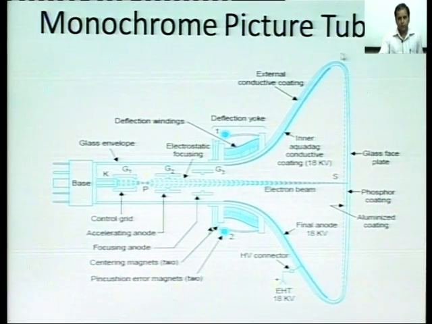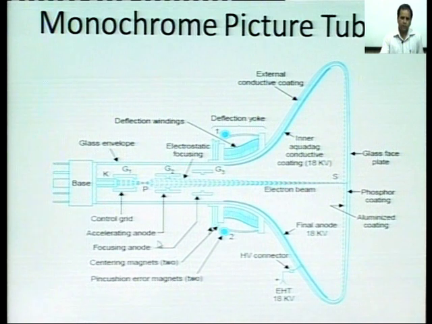This image shows the detailed construction of a monochrome picture tube. In the monochrome picture tube, we can see the various parts. Here is the base, where we have the connections. Then we have the cathode and the glass envelope. This whole envelope is the glass envelope. G1 is the control grid. G2 is the accelerating anode, then there is the focusing anode,